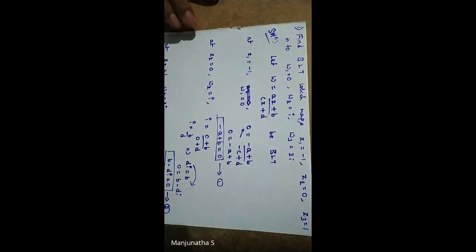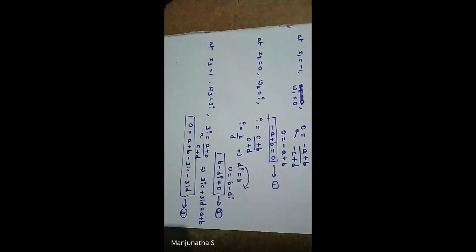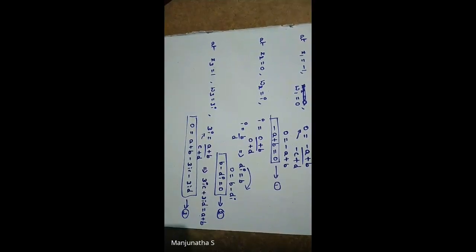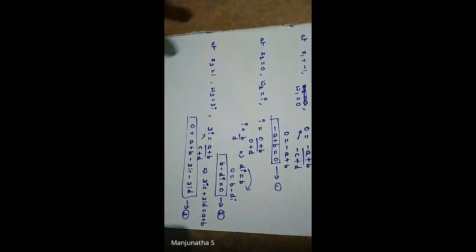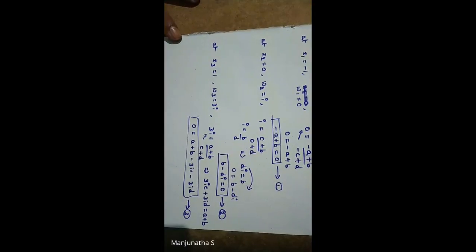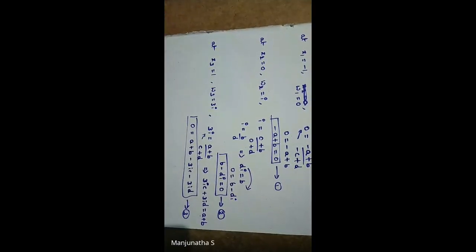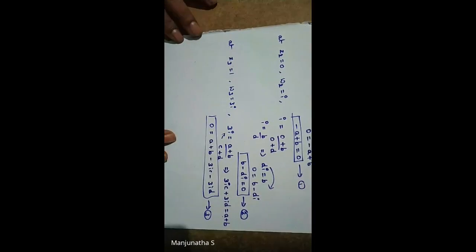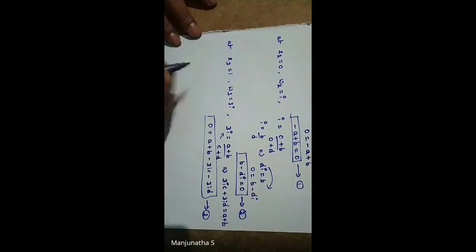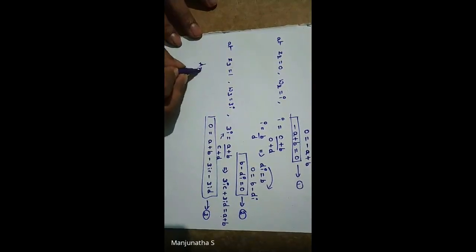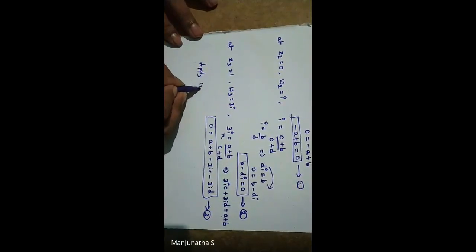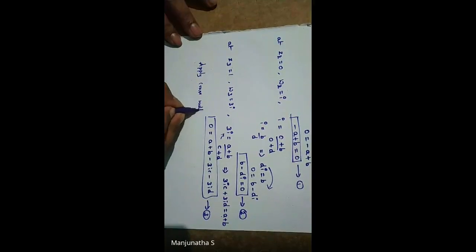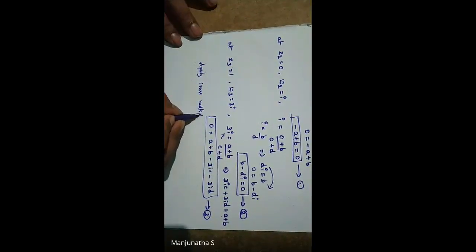So when you do that, for each set of values like Z1 W1, Z2 W2, Z3 W3, we get 3 different equations. Now we need to find these 4 constants. Constants means A, B, C, D. So how to find these 4 constants? See, you need to apply the cross multiplication method. What is this cross multiplication method?